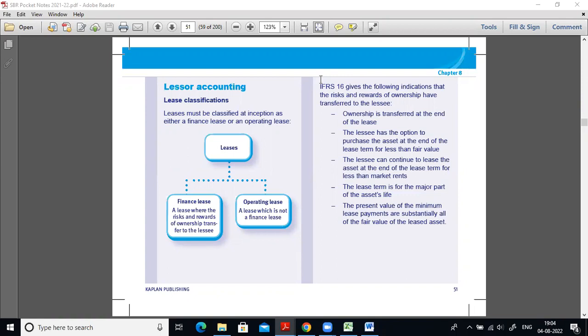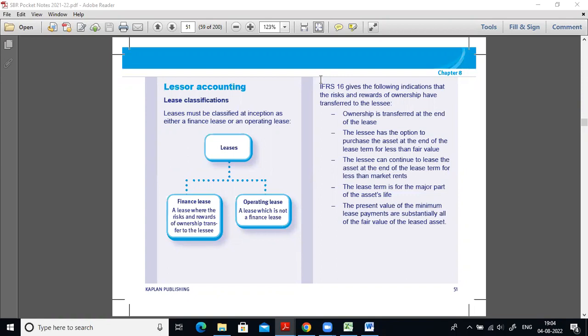Suppose at the first instance, I paid a rent of 50,000 for 5 years. And after 5 years, if I want to again take the same asset on rent, lease, then as per the market rent, I should pay 30,000. But because I am already a lessee to the lessor, now I can take it only for 5,000 or 10,000. So if the lessee has a specific right to continue the lease agreement at a price which is less than the market rent, in that case also we can assume that the risk and reward is transferred to the lessee.